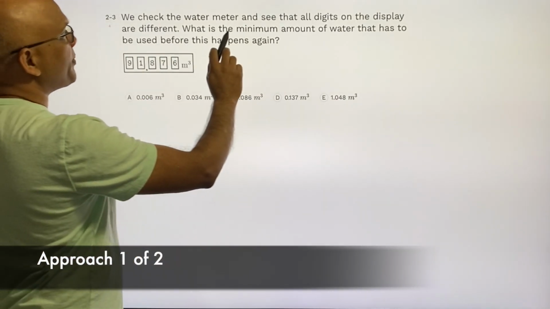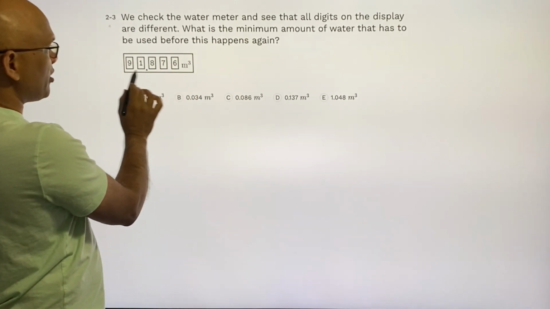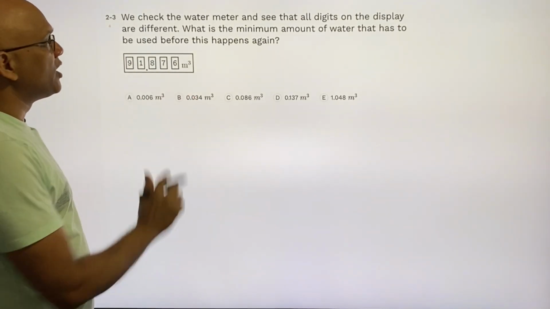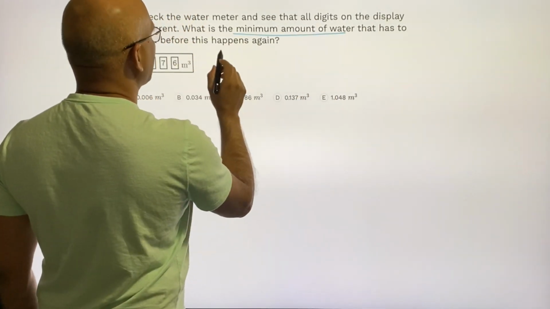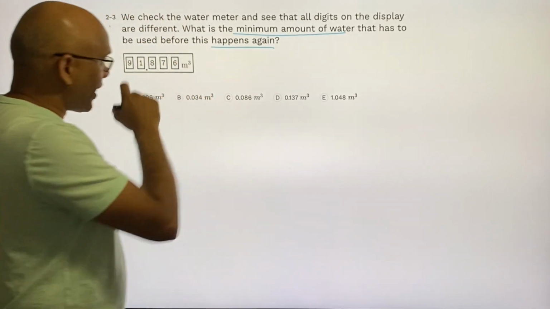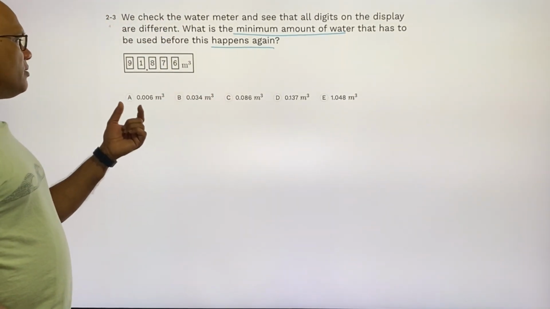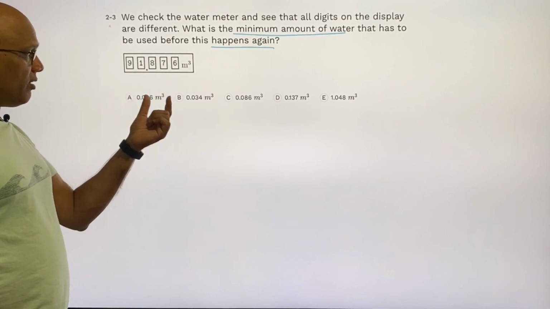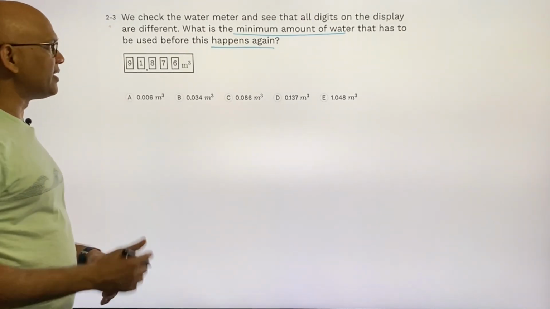We check the water meter and see that all the digits on the display are different. Okay, so all the digits are different, 9, 1, 8, 7 and 6, they are all different digits. What is the minimum amount of water that has to be used before this happens again? Okay, so one quick way is basically, we just add to this, right? Add each answer one at a time, add to this and see whether that results in all different digits. So that is